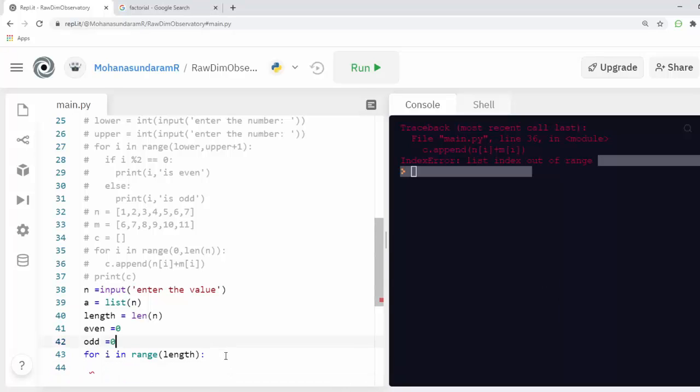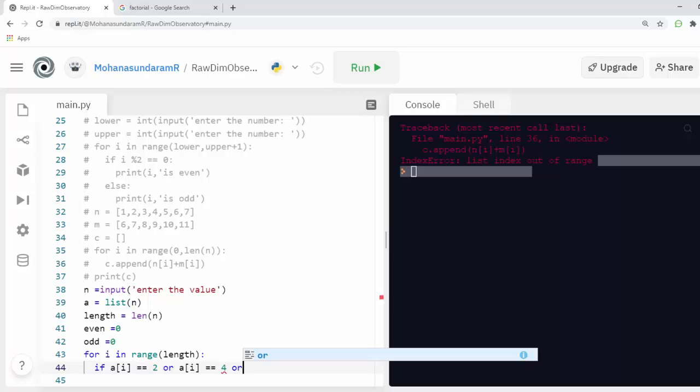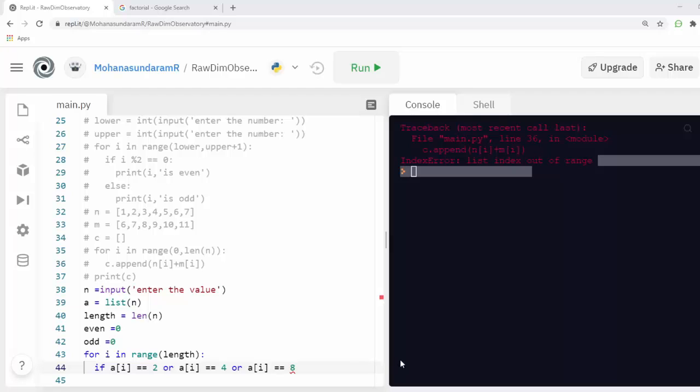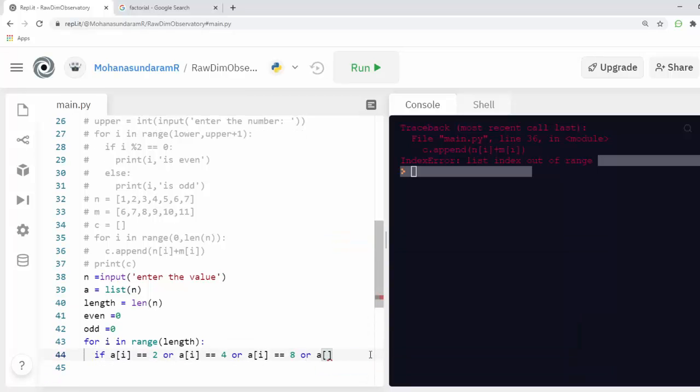For i in range of length, I'm checking if a of i is equal to 0, or a of i equal to 4, or a of i equal to 8, and so on. If so, it means I'm going to add 1 to the even.